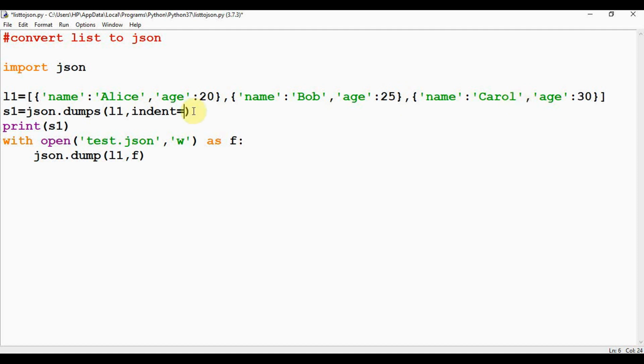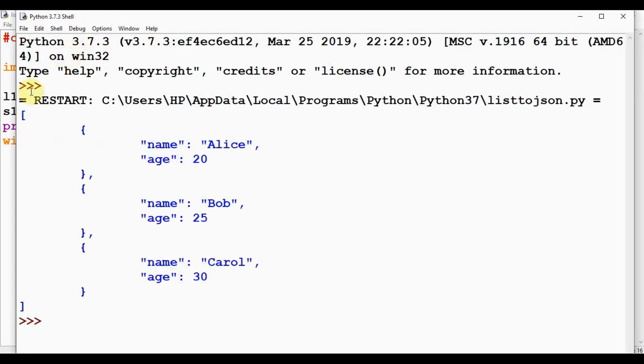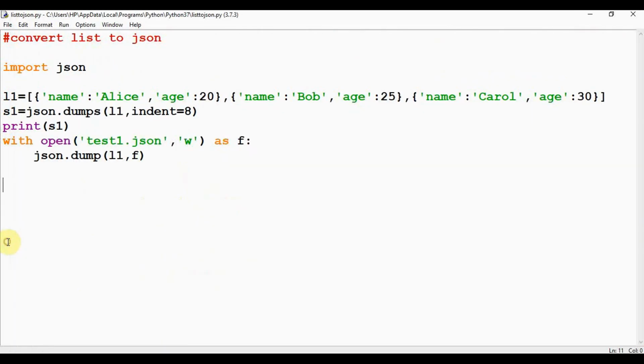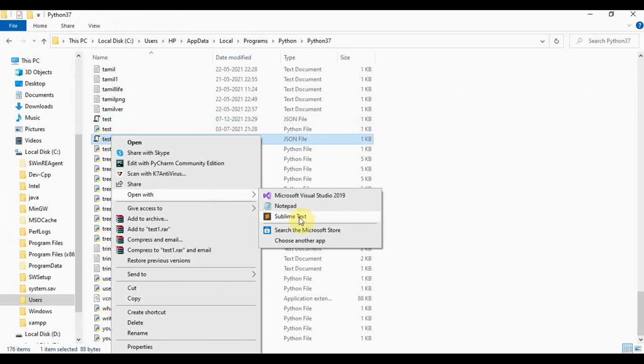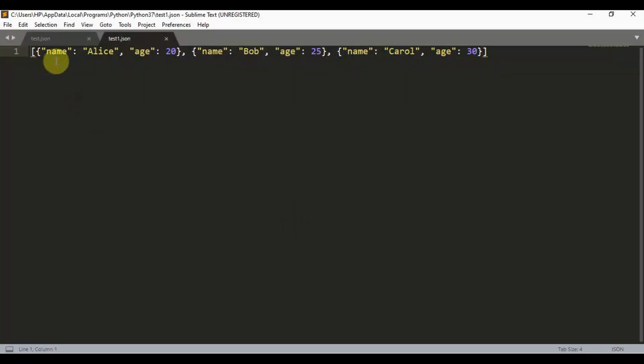I will give an indentation of 8 and store this data in test1.json. So this is printed with an indentation of 8, and let's check this test1.json file. So it contains this. So that's it about converting a list to